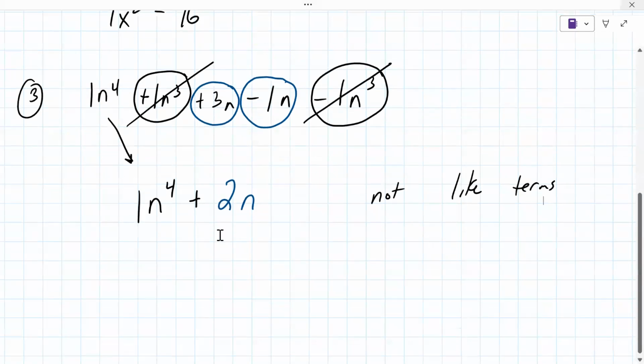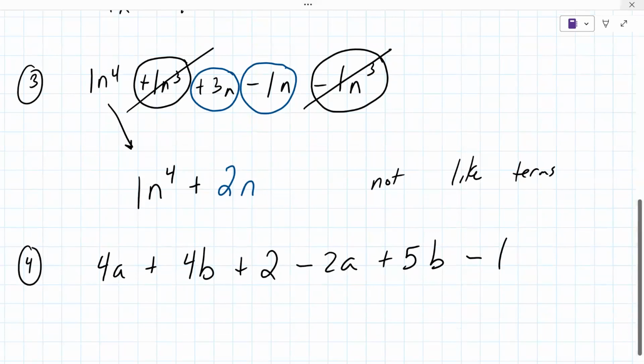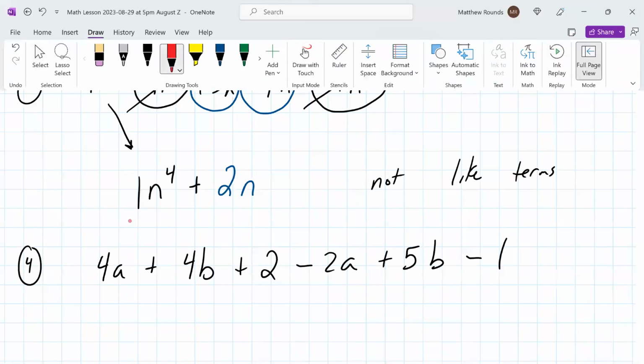All right, I'm going to have to handwrite the next one here. 4a plus 4b plus 2. Is it minus 2a? I can't see. Yeah, it's minus 2a. Okay, great. So if you start with the 4a, which is fine, what you really want to do is, okay,